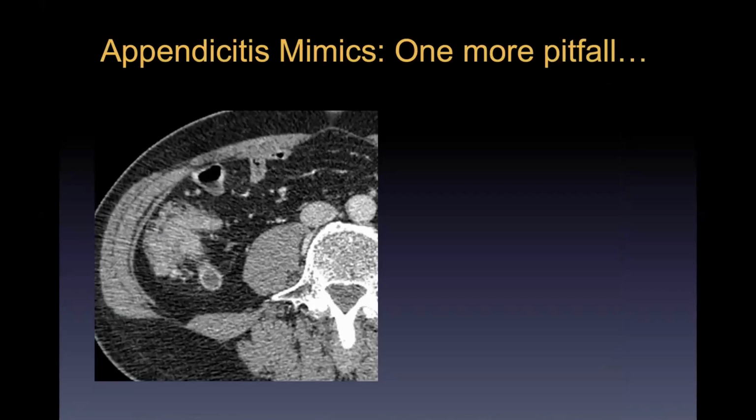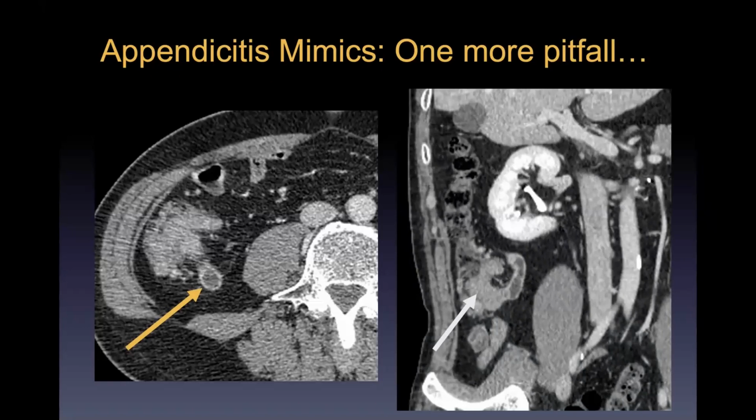And then one last mimic I always like to talk about. So here, big looking appendix, fluid filled lumen. This is a patient, we saw this. It was one of those ones where it came across the scanner unexpectedly. We followed up to make sure the patient didn't have signs of acute appendicitis. They did not. But what else is going on here?